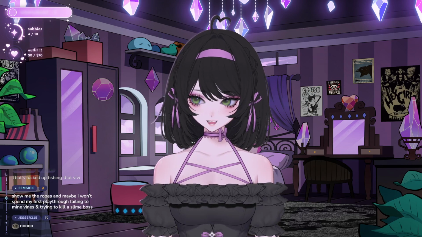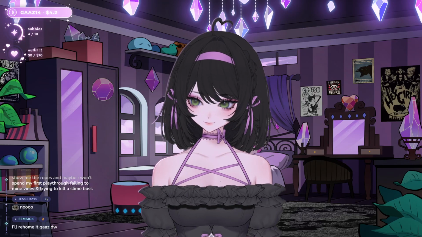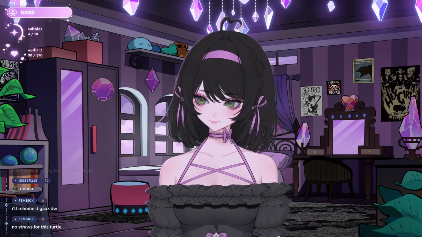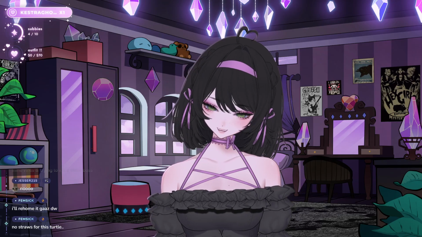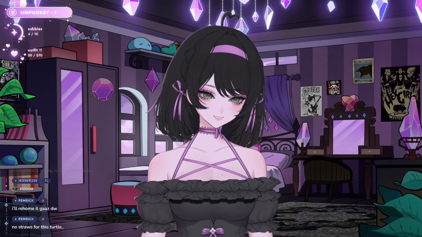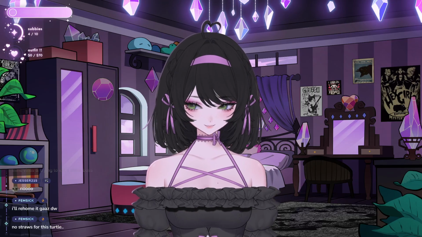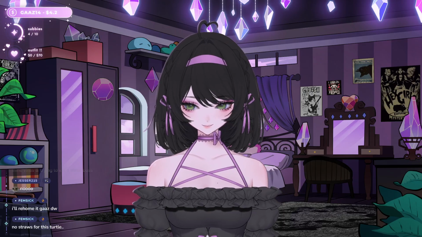I think it might be on Game Pass. No straws for this turtle. I have a necklace that looks like a turtle. I should get it made for my model so that I can wear my turtle necklace.